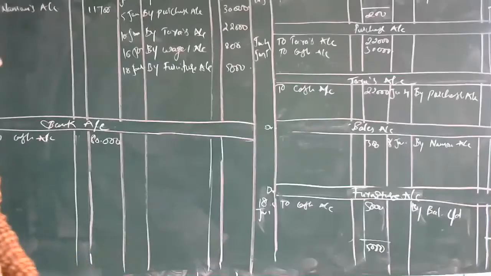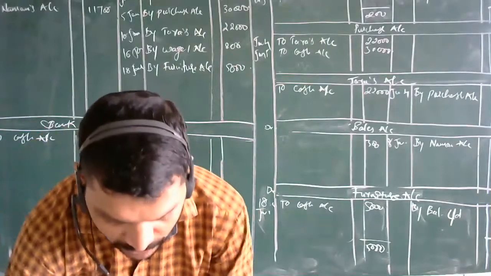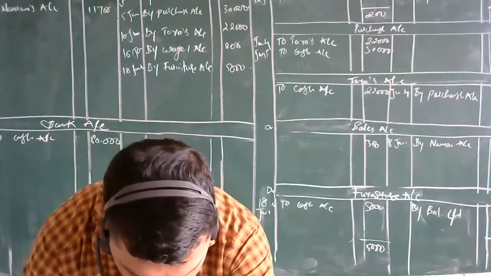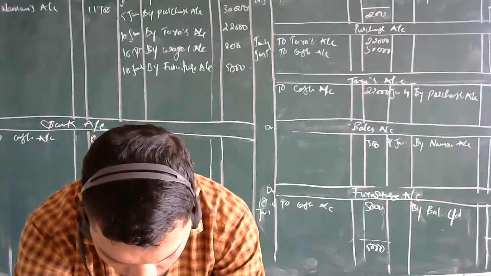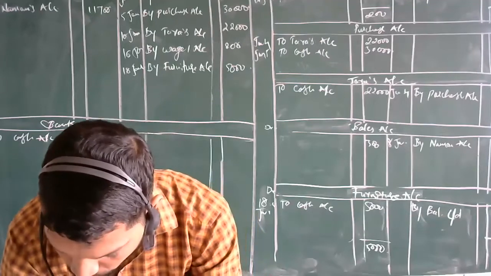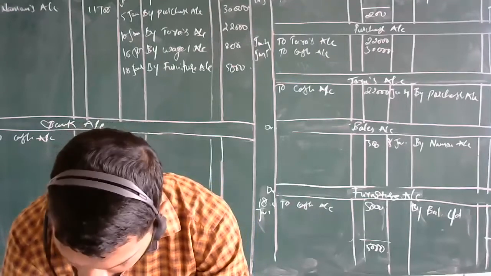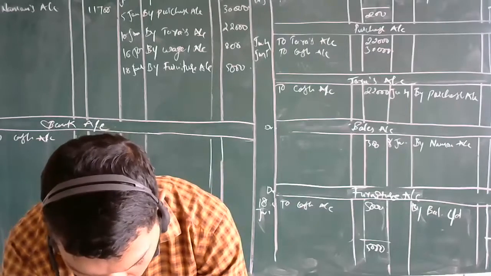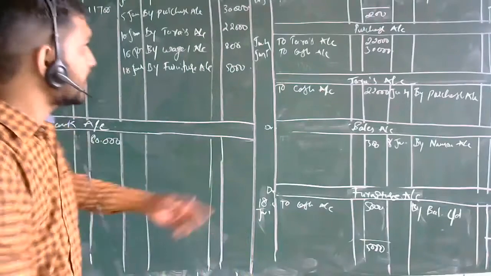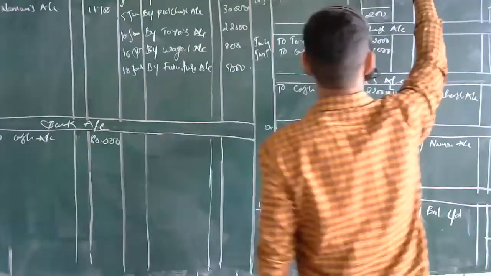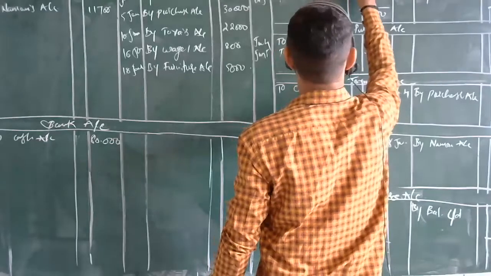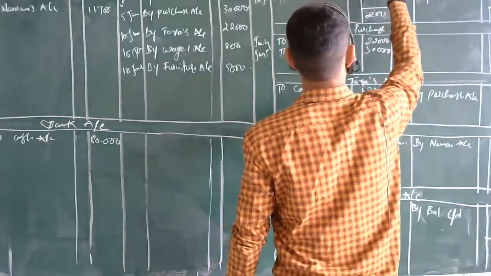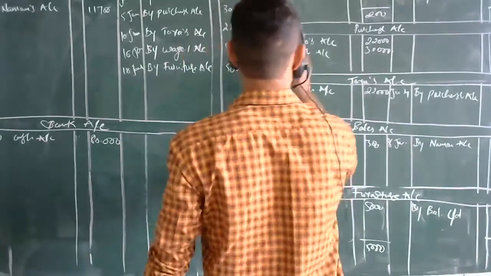So I think the remaining 5 minutes I am having the time. So I will check how many journal entries we can pass. So next, what is it? After that, withdrawal from bank for personal use. How much? 4,000 rupees. Here you are withdrawing cash of rupees 4,000, means drawings account debited to bank account. Here again I will open drawings account, or we can call it drawing account. Drawings account. What entry are we having here?